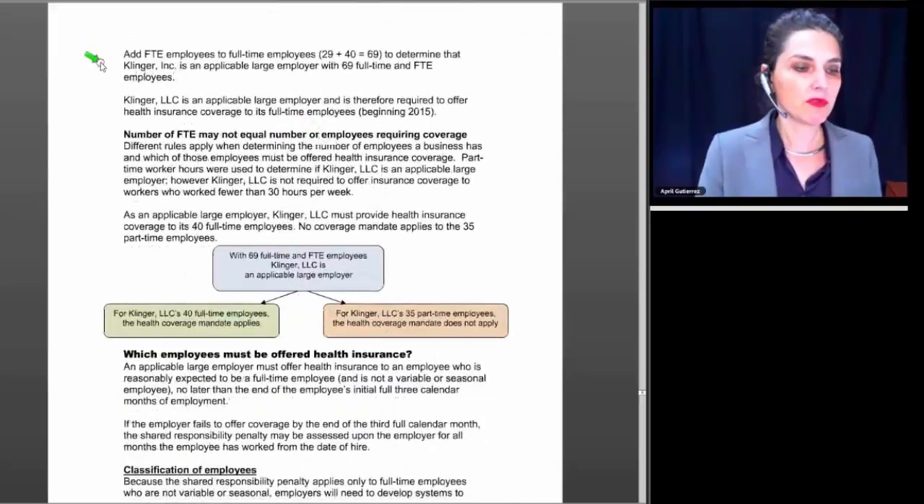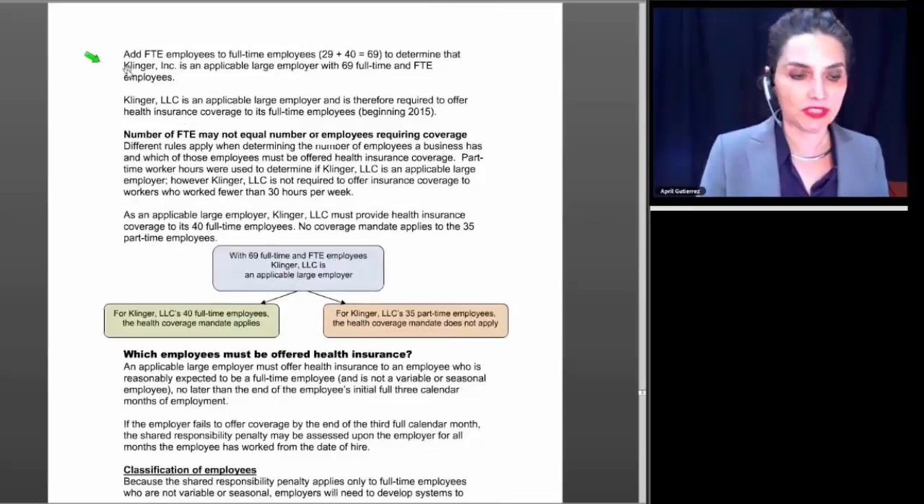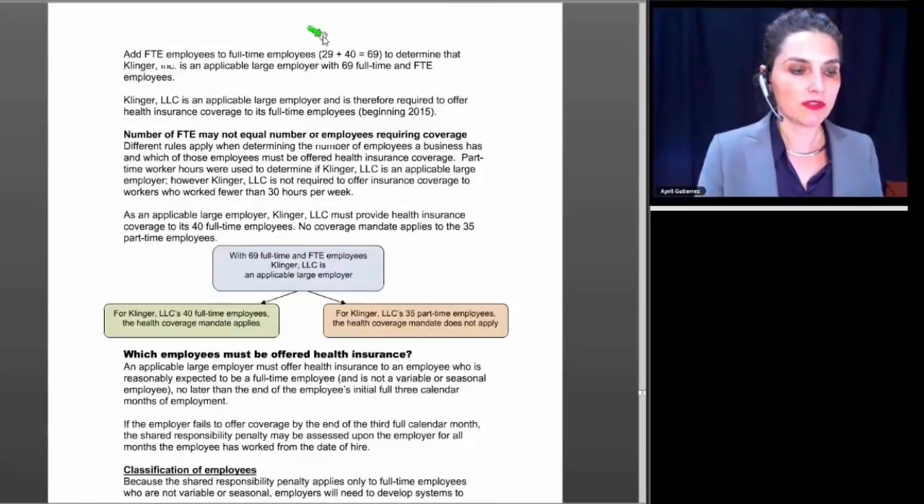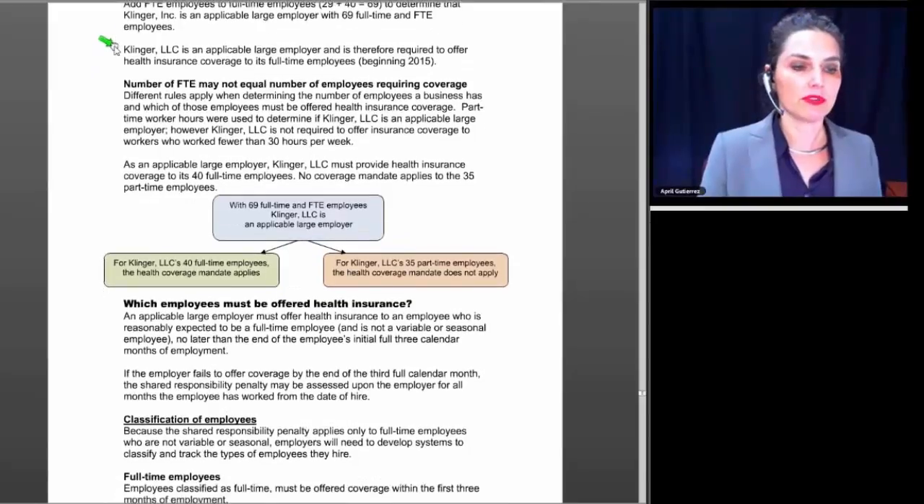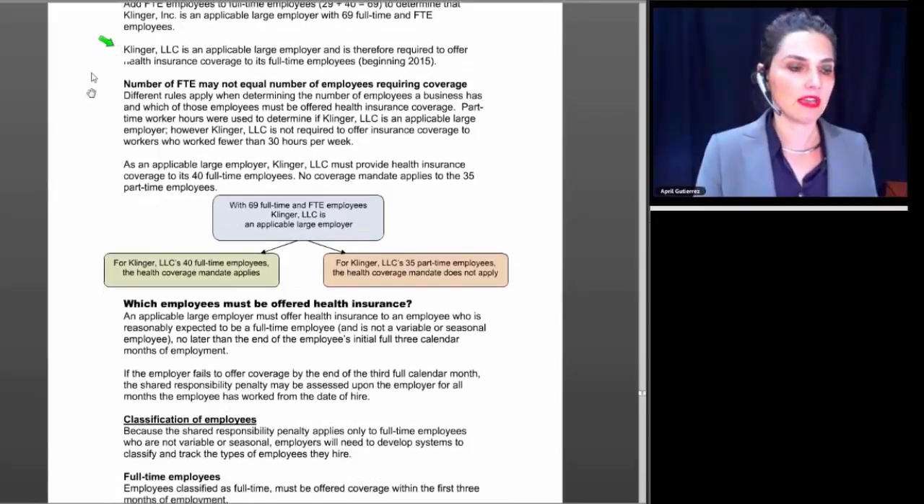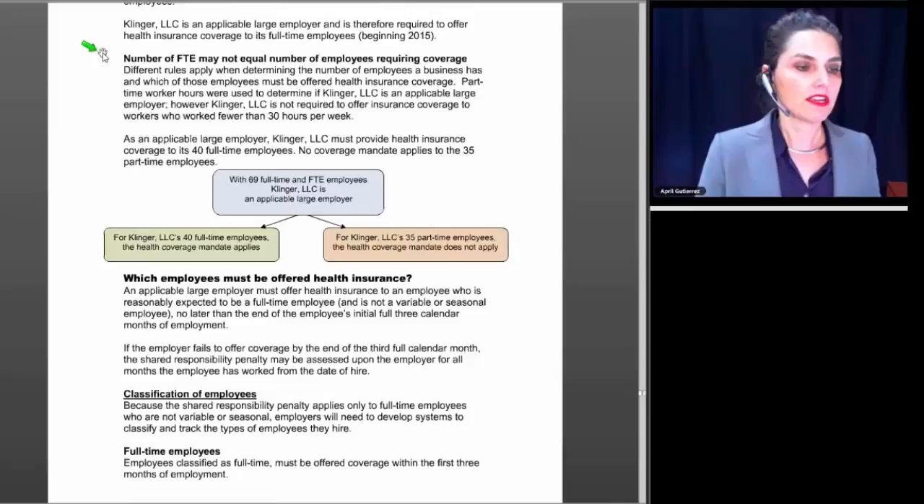Add the full-time equivalent employees to the actual full-time employees. 29 equivalent full-time employees plus 40 full-time employees equals 69, to determine that Klinger LLC is an applicable large employer with 69 full-time and FTE employees. Klinger LLC is an applicable large employer and is therefore required to offer health insurance coverage to its full-time employees